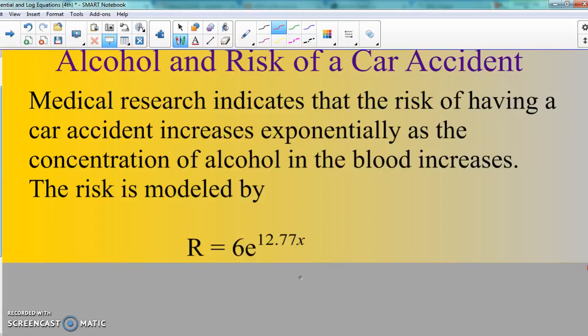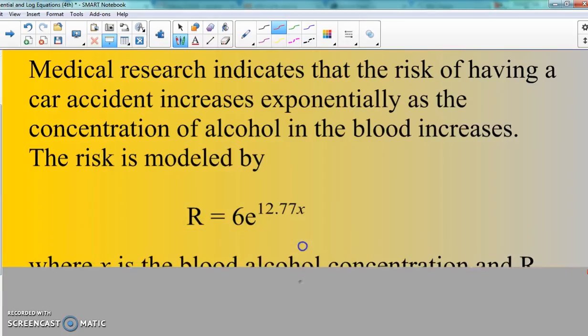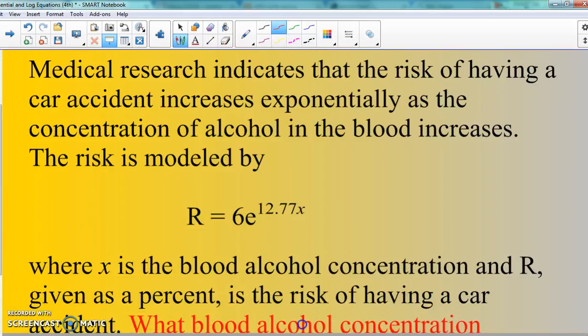All right. So here we're talking about again alcohol and the risk of a car accident. So here I'm going to go ahead and bring this down. And if you want to, you can go ahead and stop the video and start writing this down, because I want you to write it all down. But I'm going to go ahead and read this in a few seconds. So if you want to stop it and write it down and then keep going on afterwards, that's fine. So go ahead and stop the video now, and then I'll read.